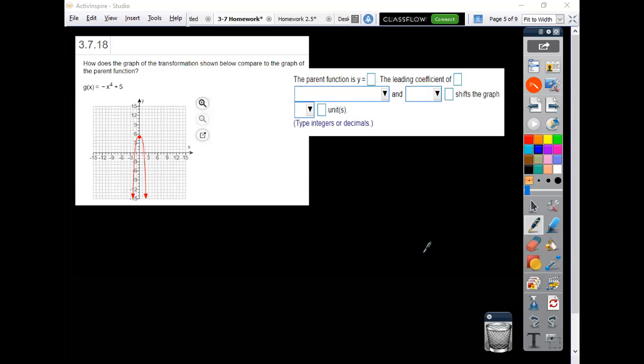Okay, 3.7.18. So they're showing us a parabola, quadratic looking like thing, except when you look at the equation, it's an x to the fourth. So just in general, an x to the fourth,